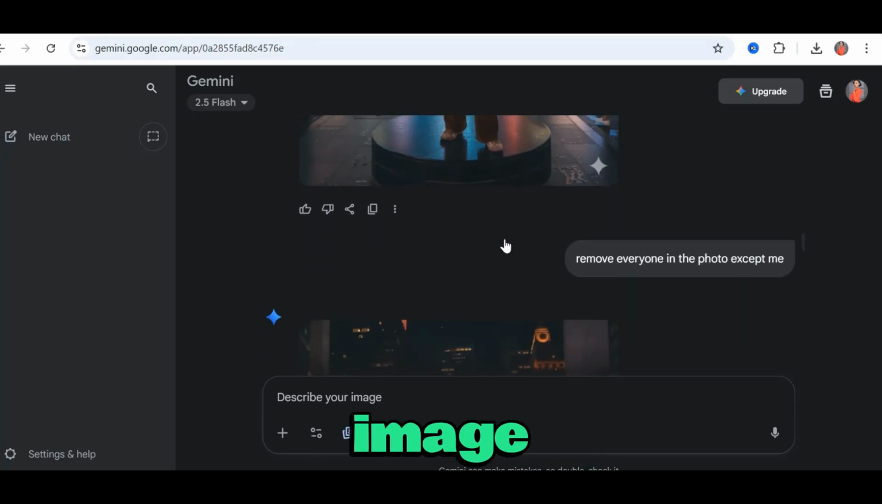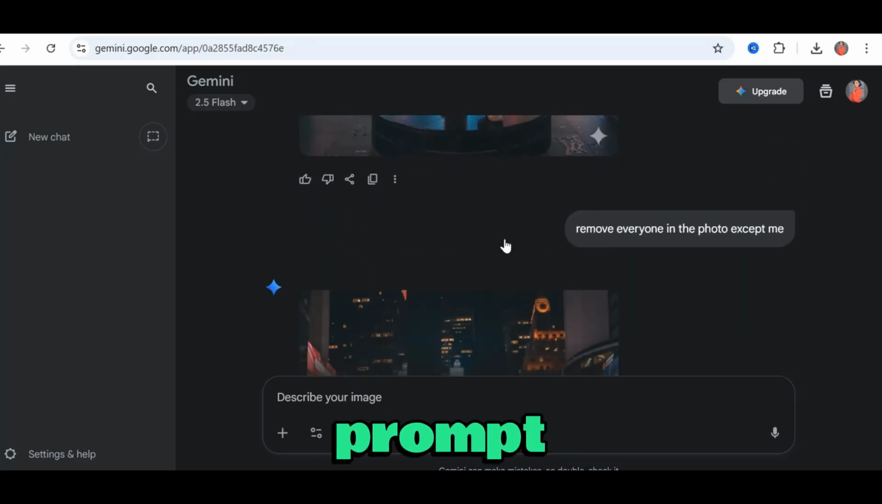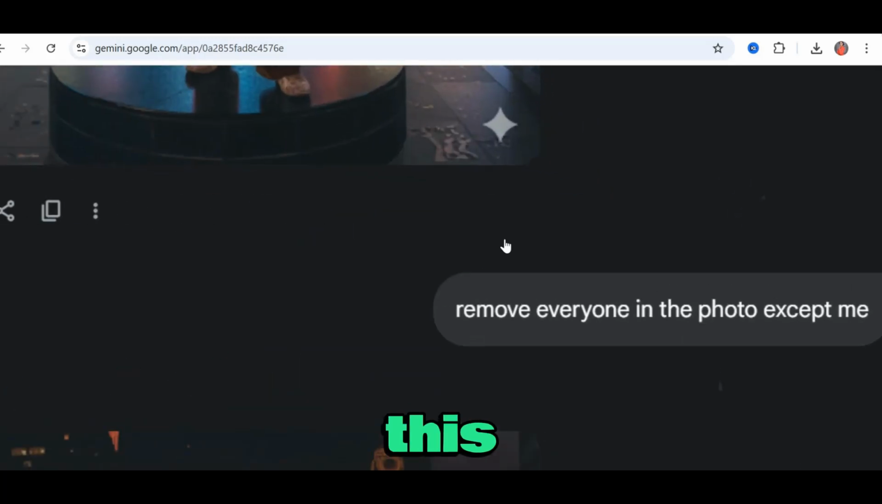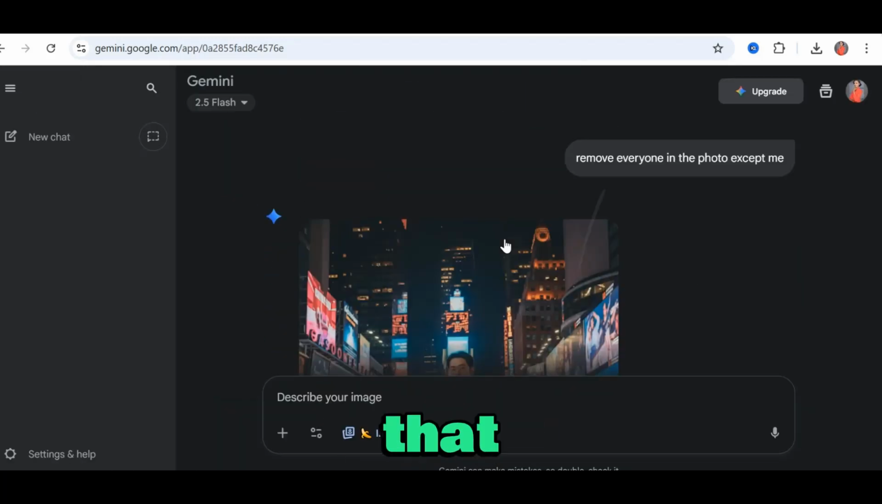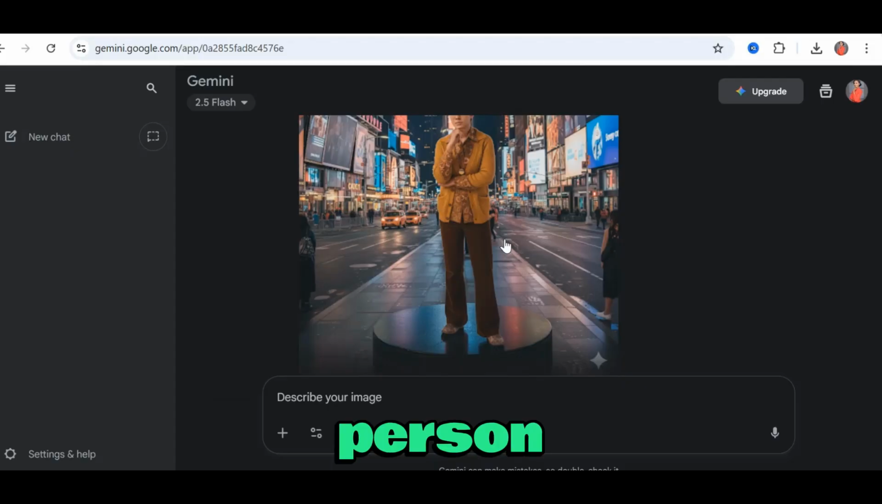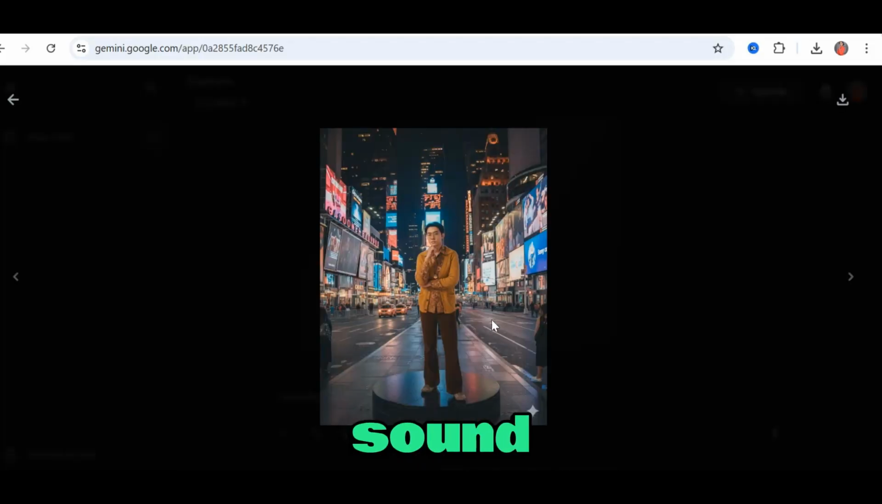Now for this image, I just gave it a simple prompt. I said, remove everyone from this photo except me. And you can see that it literally removed every single person that would count as noise, leaving just the particular image as the focus. If this is not something you want, you can save this image, upload it again, and then give it the same prompt, and it'll clean it up, leaving just you